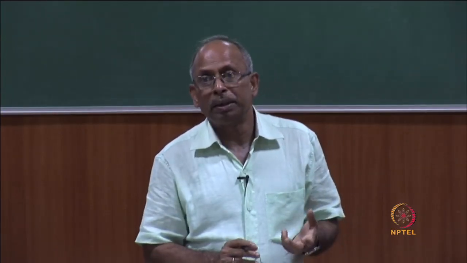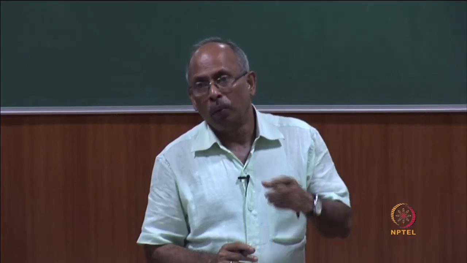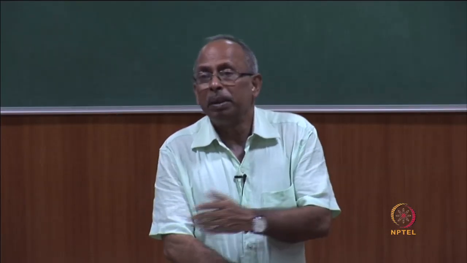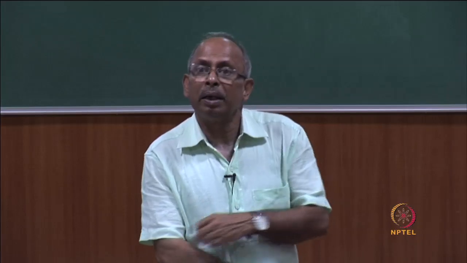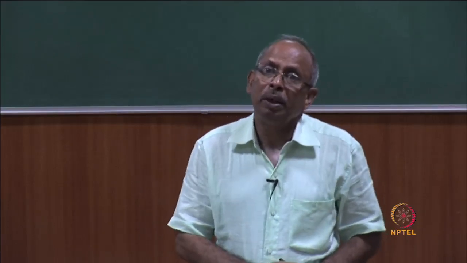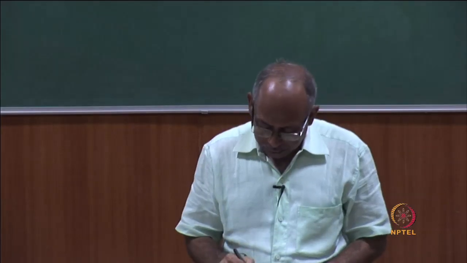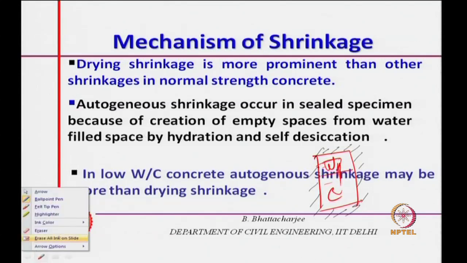So, empty space remains even in sealed specimens because the water has got lost. Whatever water is still remaining was there in the sealed specimen. Besides that, some empty pores are created, and these spaces are actually thought to be causing self desiccation. All right. So, this self desiccation and then autogenous shrinkage,